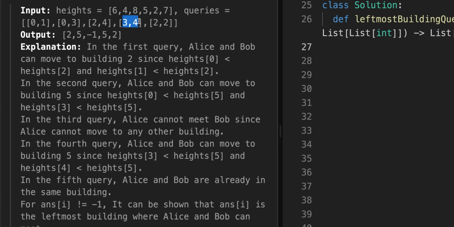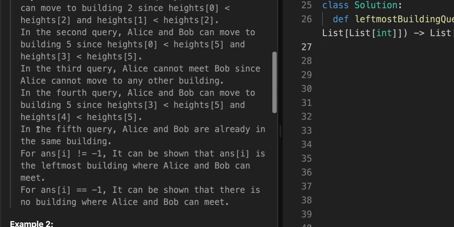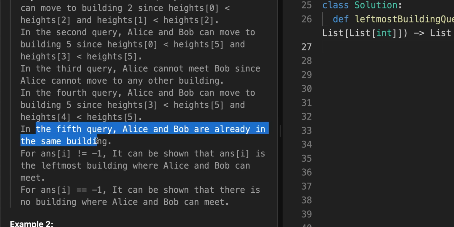Next query, 3 and 4 has 5 and 2. 5 cannot move to 2, so that means that they both have to move to the right. And there is a building that satisfies the height requirement. And notice how the index of the result is 5. Lastly, notice 2, 2. They're the same, and notice that the result is 2. So we're told that in the fifth query, Alice and Bob are already in the same building, so they don't